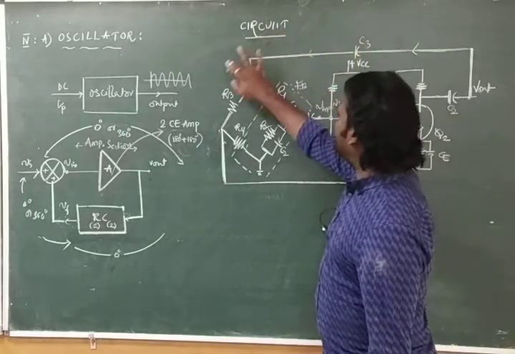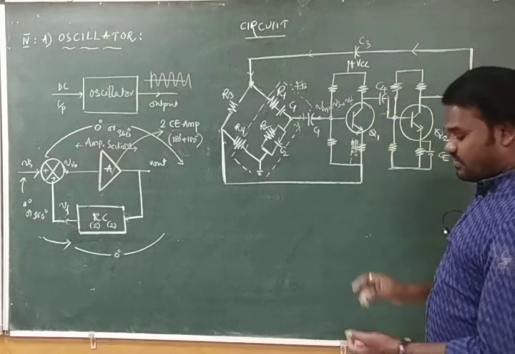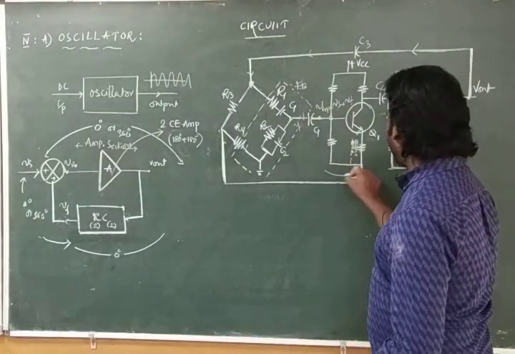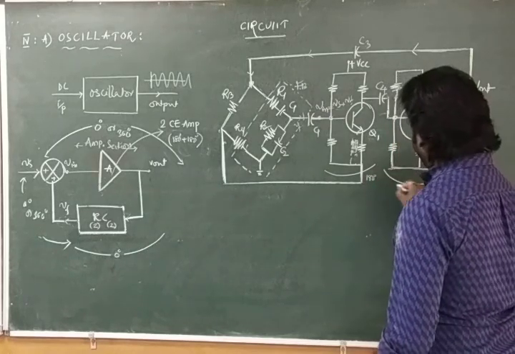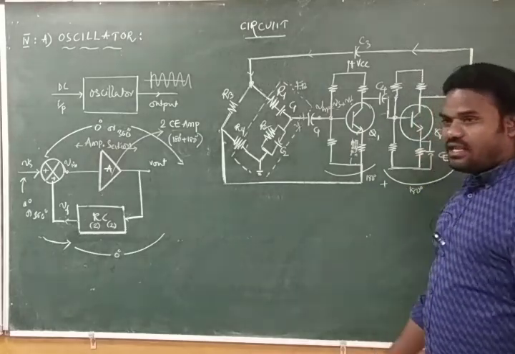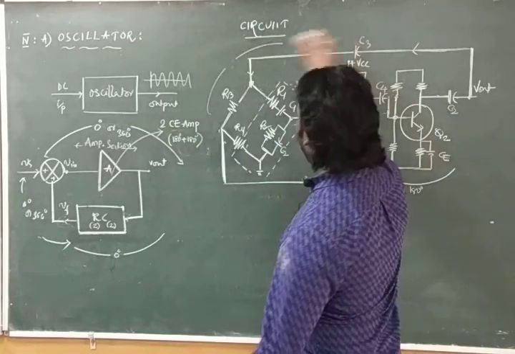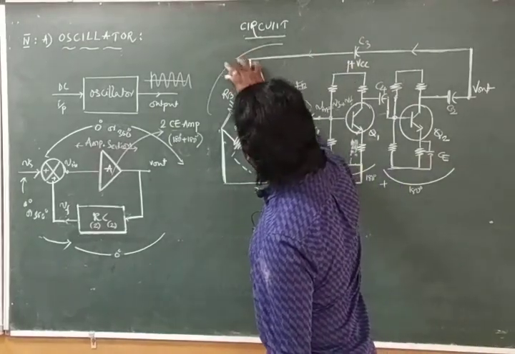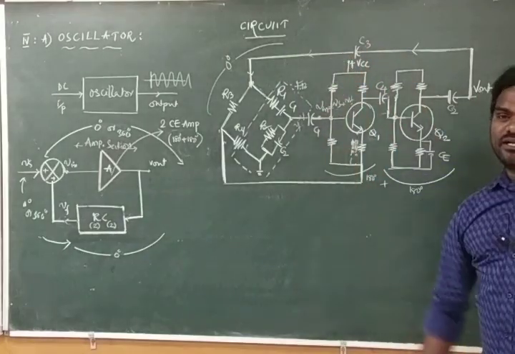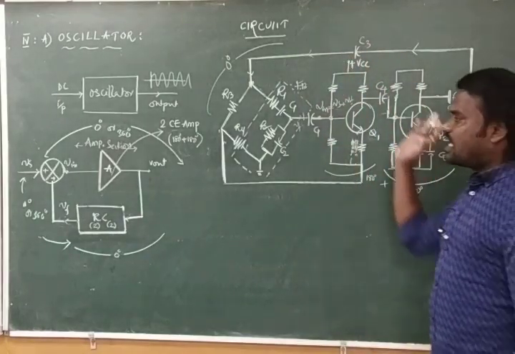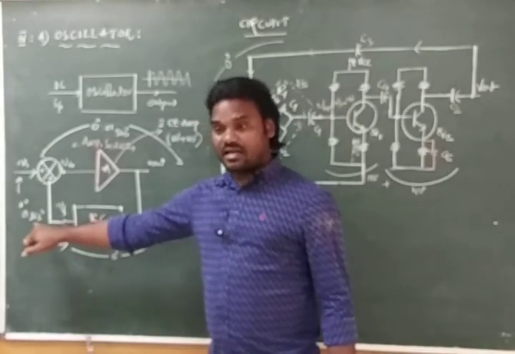So that it is providing the 0 degrees. And here we are having how many amplifiers? 2 amplifiers we are having. This amplifier provides how much phase shift? 180 degrees. This amplifier provides how much? One more 180. 180 plus 180? 360, because from the output to the feedback network there is no phase shift, so that it is 0 degrees only. 180 plus 180 plus 0, how much is it? It is 360, so that it is satisfying the condition of the Barkhausen criteria.